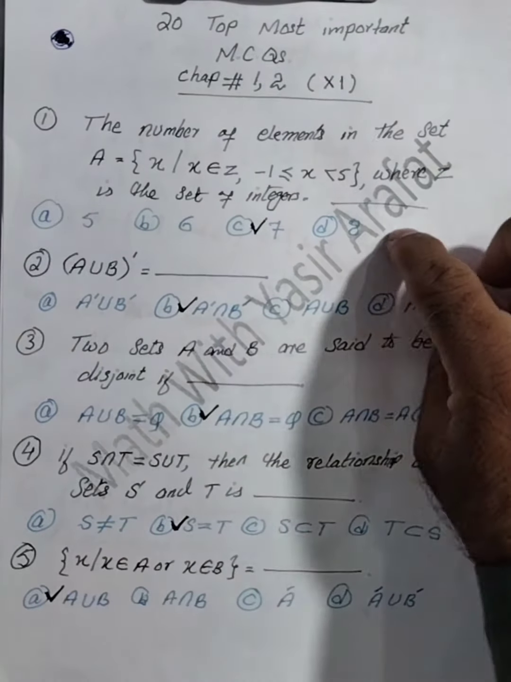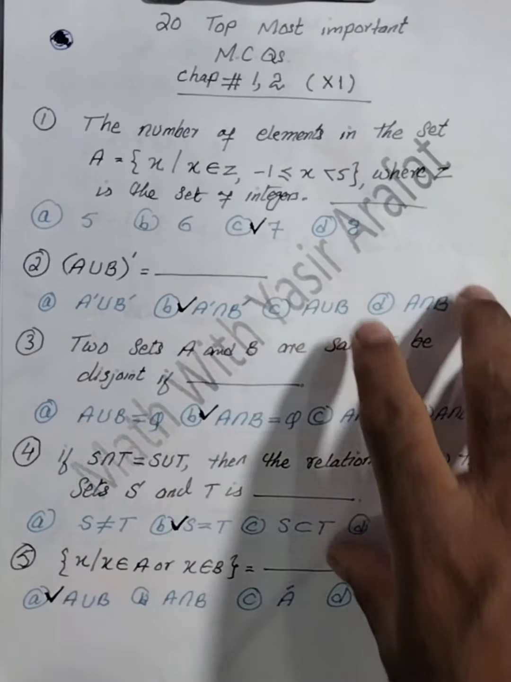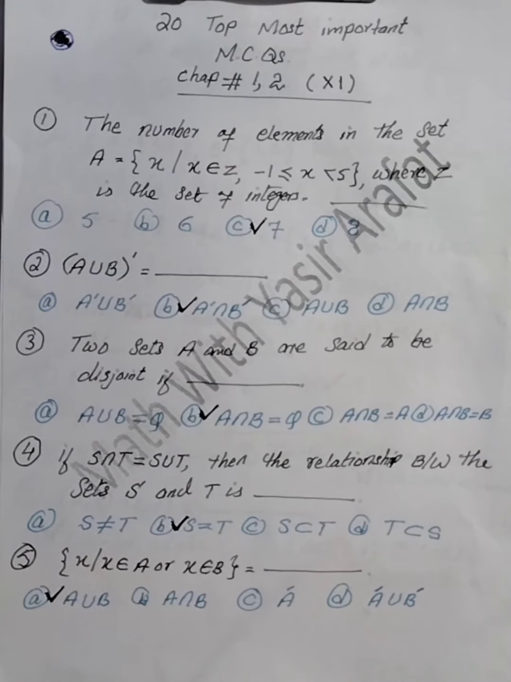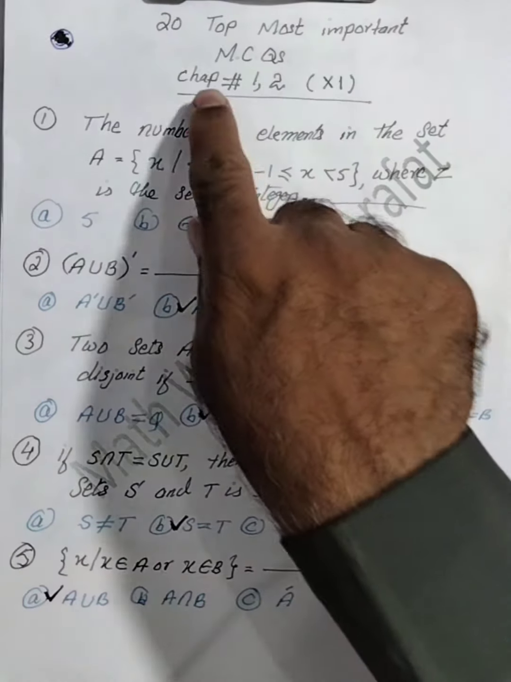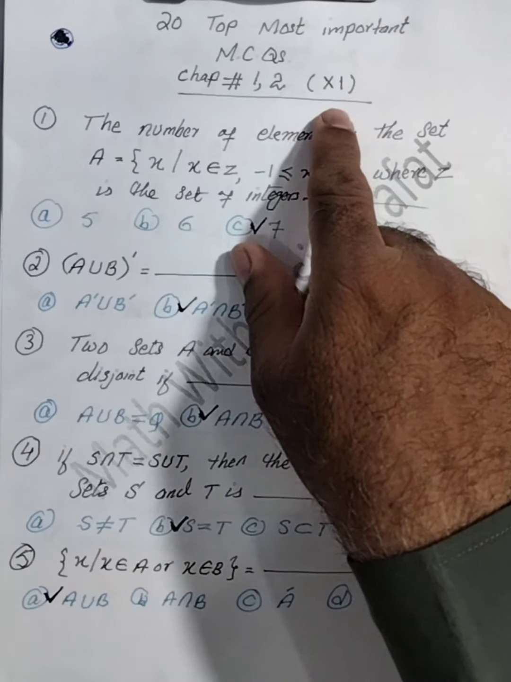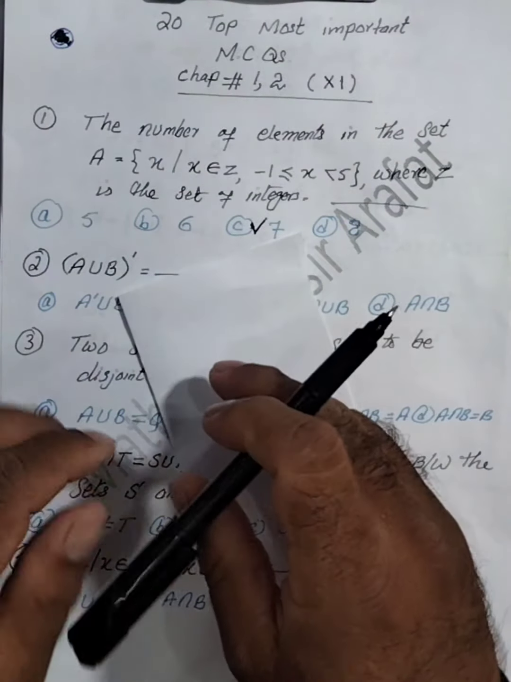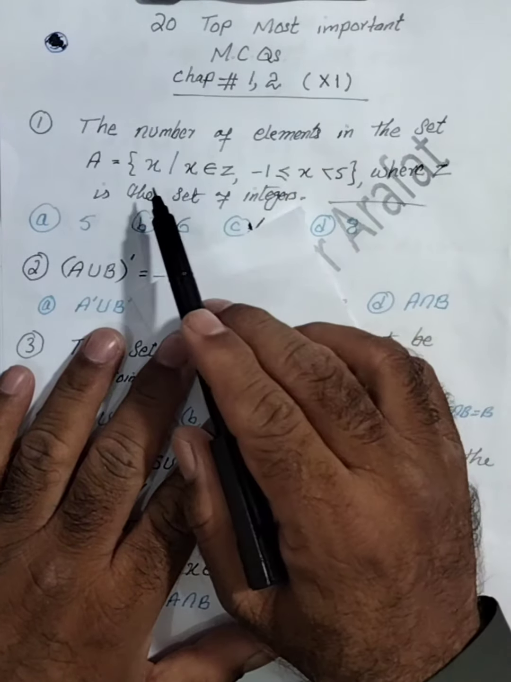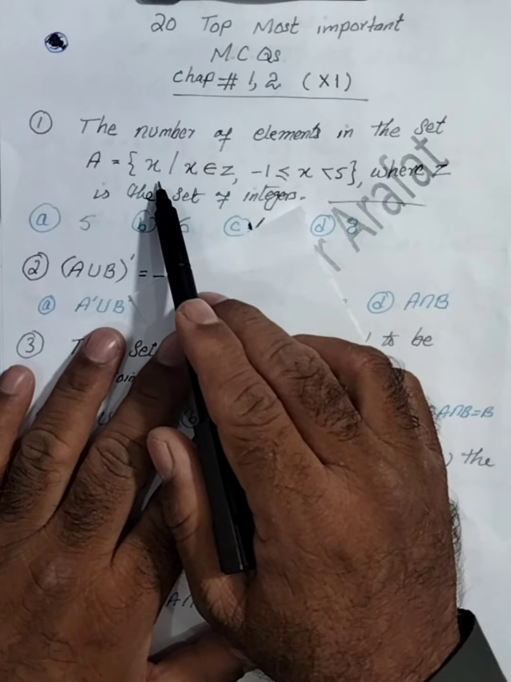You're watching Math with Yasir Arafat, and today we have to discuss the most important MCQs of chapter 1 and 2 first year. Now here, the first MCQ: the number of elements in the set